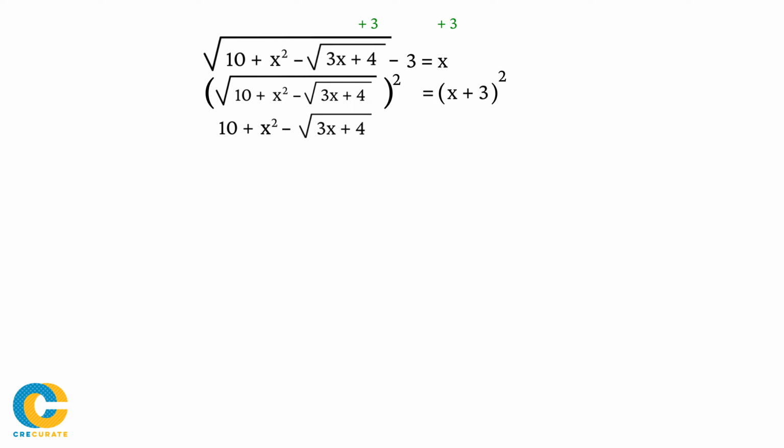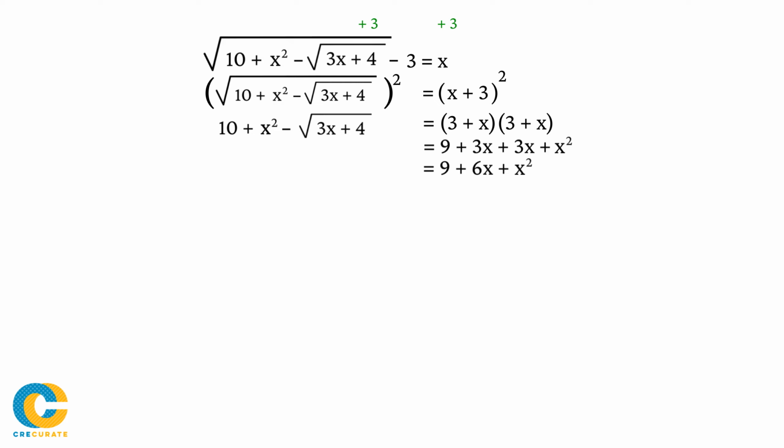left-hand side. Recall that (3 + x) squared is the same as (3 + x) times (3 + x). By expansion and simplification, we find that (3 + x) squared is equal to 9 + 6x + x squared. Since we have another square root to get rid of, we first want to simplify the equation